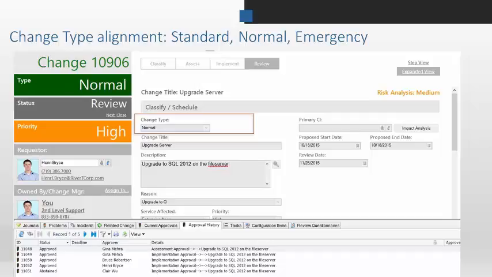And like Sherilyn had mentioned before, you can take a normal change and promote it, or request that it be promoted to standard. And then what you have is a standard change library that people can pick from, and you can pre-populate fields and make standard changes super easy, and yet they're being posted to the forward schedule of change. And there is a record of all of the changes, no matter how small they are, if they fit into your process.